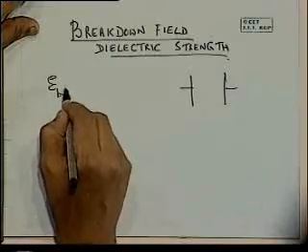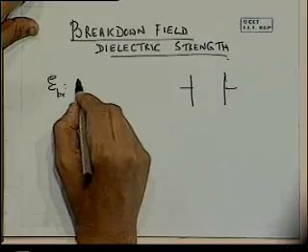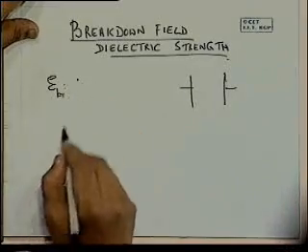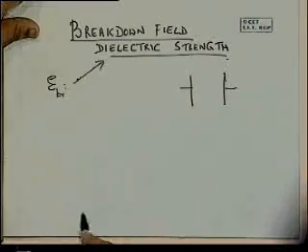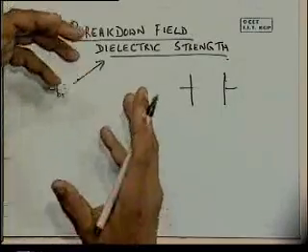That field, the breakdown field, is known as the dielectric strength or the breakdown field of that material. It is the value of the field that it can sustain before it breaks down and current starts passing through it. Okay? Now, it turns out that in gases and liquids,